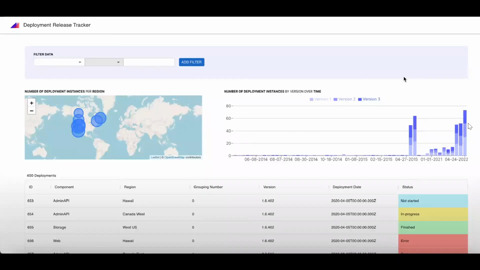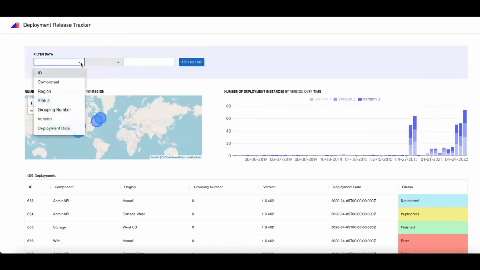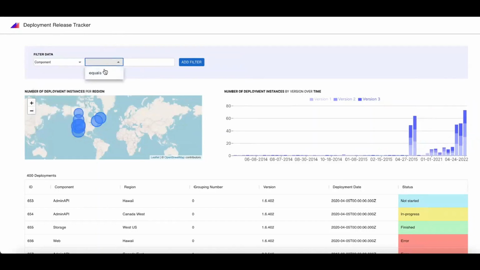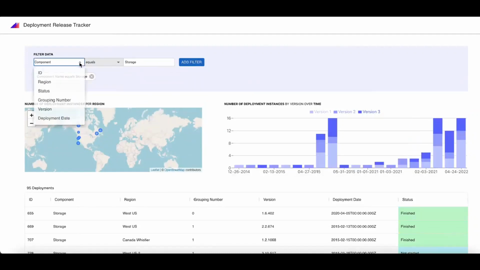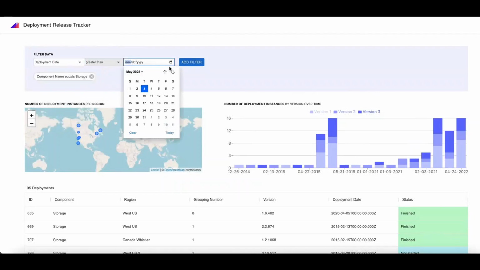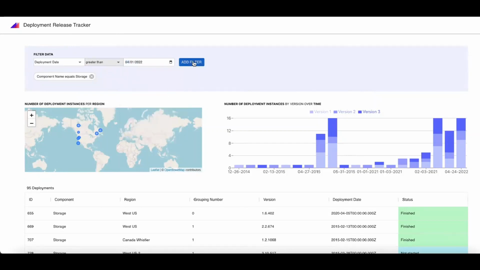As a software engineer or program manager at Microsoft, I can look at the deployment release tracker and see all the software deployment instances stored on this database. So over here, I can look at this map to see the number of deployment instances per region. And then I can also come over to the bar chart and see the number of deployment instances by version over time. I can filter this database by, for example, all storage components as well. So component equals storage, and I can add this filter. Then I can also add a date filter, so date greater than, for example, April 1st, and add an additional